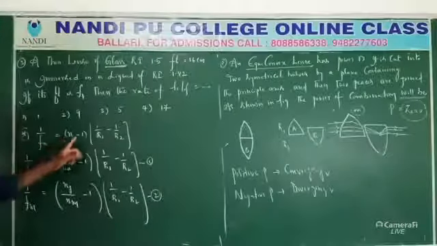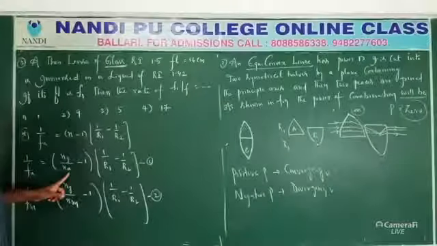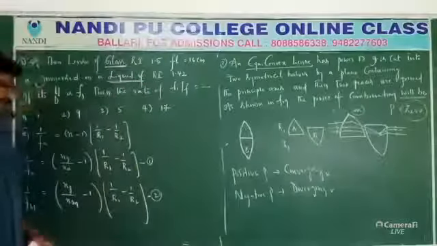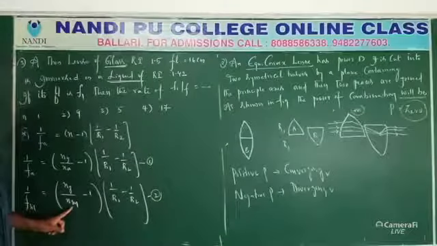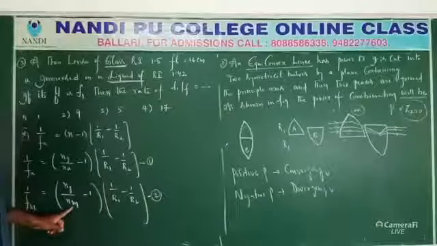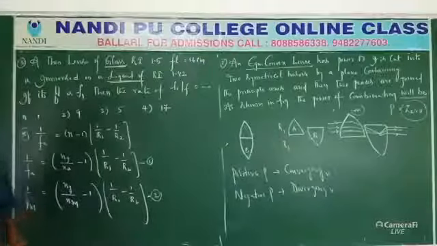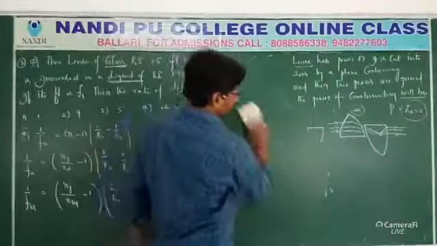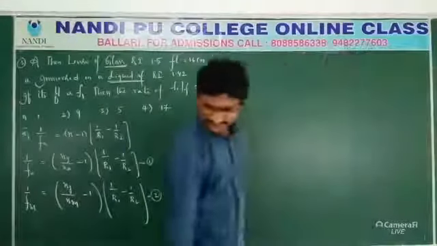1 by F is equals to n minus 1. Here n is first glass with respect to air. First, the lens is in air. The second one is liquid, it is changed into liquid. So refractive index of glass with respect to medium. Medium is nothing but liquid. Understand? Yes. Now substitute the values. They have given the values now. We can substitute the values now. What values have they given? Refractive indexes are given.